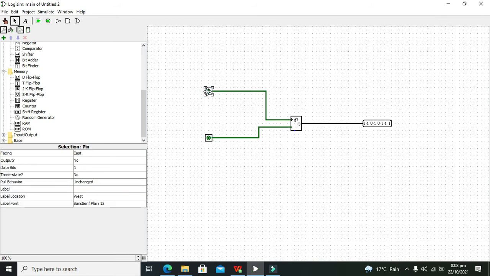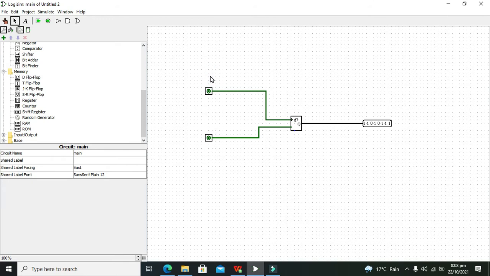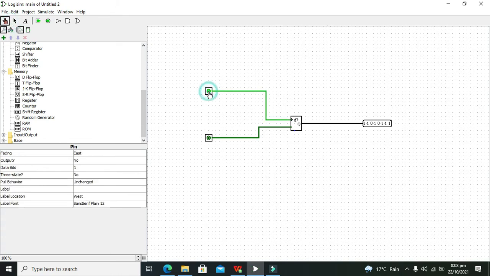on every positive clock pulse or rising edge of the clock, that is the transition from 0 to 1, we will get a random number. Any random number is generated randomly. Now you can see that there isn't any number. Why is it so? Because we did not send 1 on the enable pin.